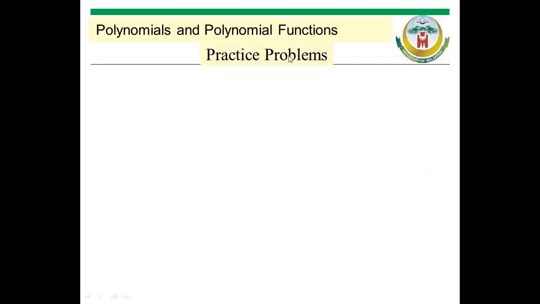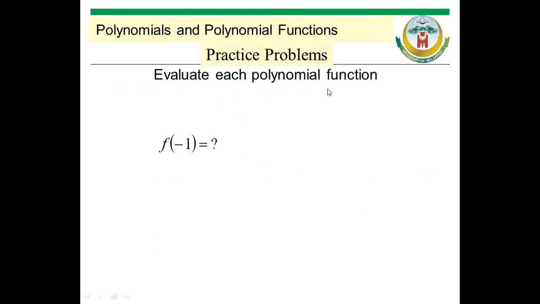Now, polynomial functions and how they are practically used. So evaluate each polynomial function. Let's say this is a function f(x) is equal to 3x square minus 10. And if you want to evaluate this function for -1, we will put -1 in place of x. So 3 times (-1) square minus 10 is equal to